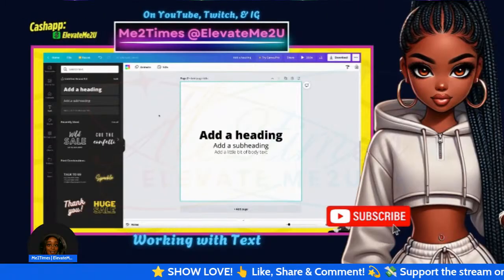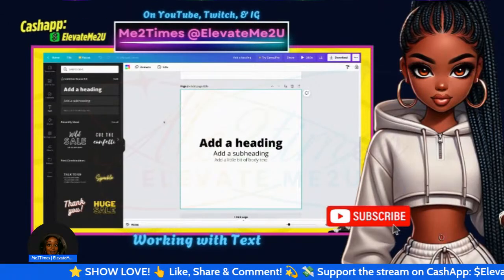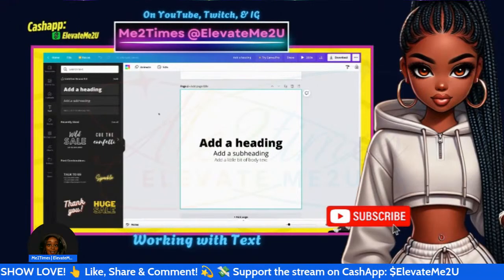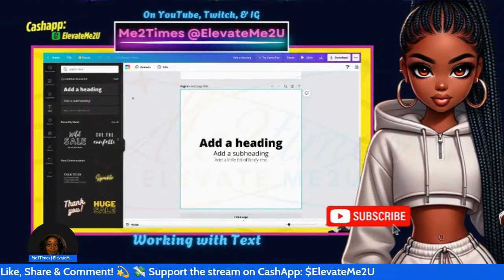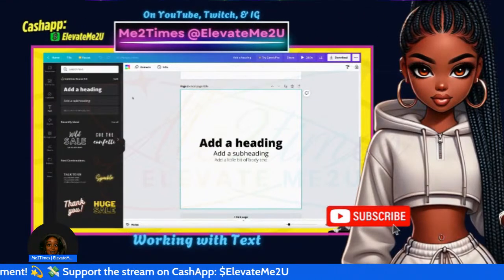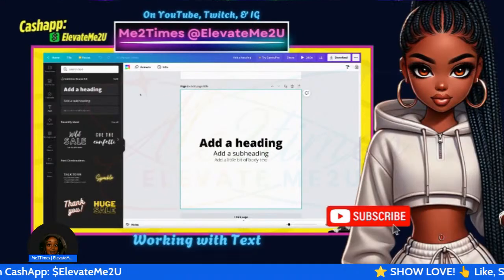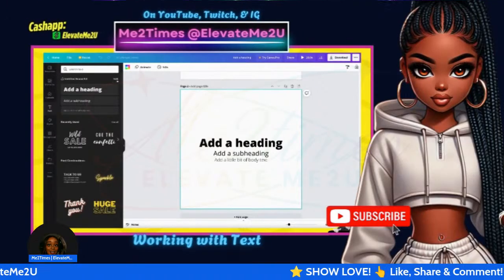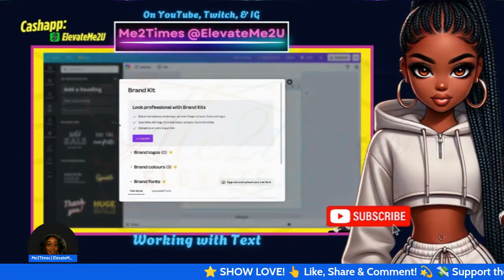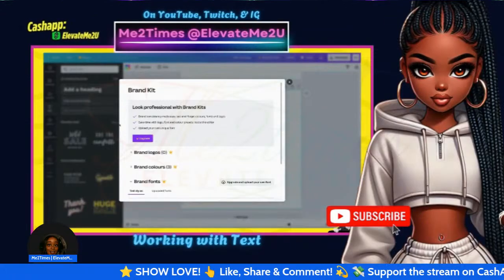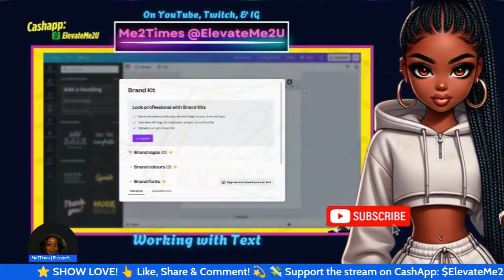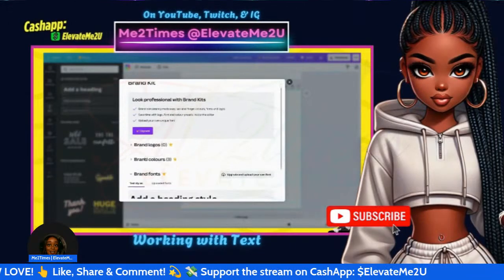and then use them as a quick way to create text boxes that carry your desired attributes. On top of the Add Heading button, you should see a title that says Untitled Brand Kit. Or if you have already set a brand kit, this line will say the name of your brand kit and then a button that says Edit. Let's click on Edit and you should see this window popping up. So here we see text styles,